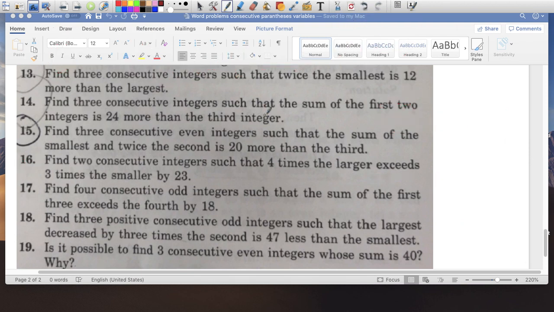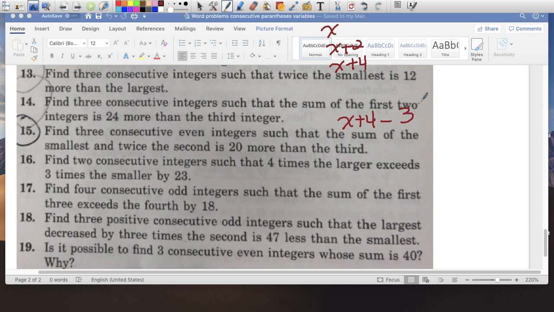All right. 18. Find 3 positive consecutive odd integers. Okay, so x, x plus 2, and x plus 4. So these are my 3 odd integers. If they were even, it would still be x plus 2, x plus 4, such that the largest, so x plus 4, decreased